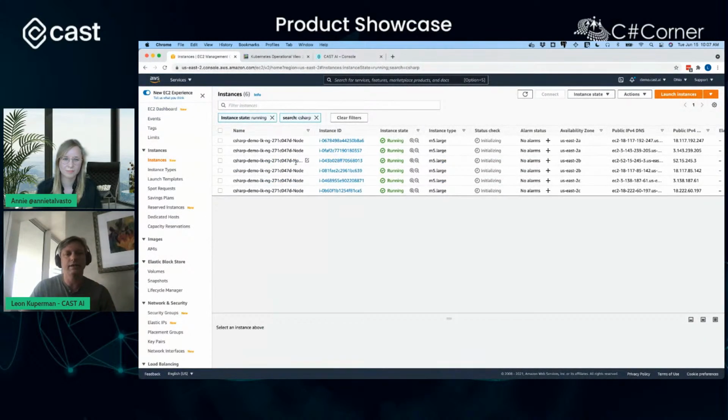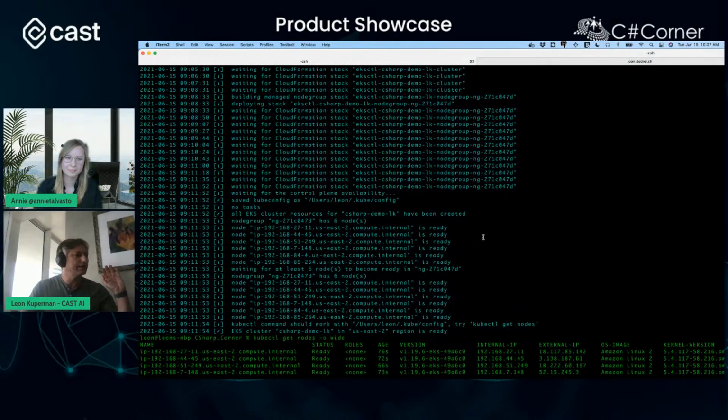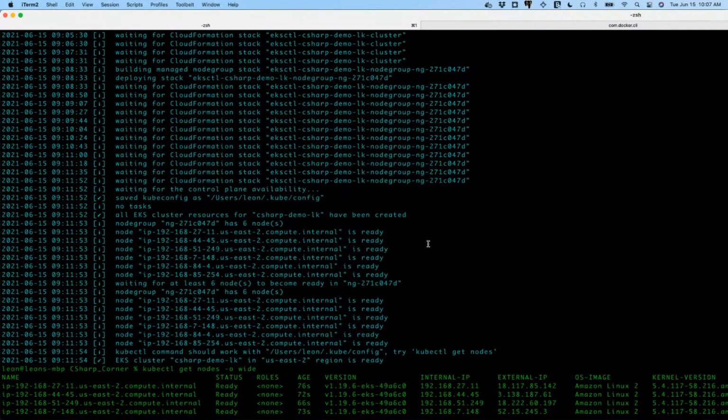I've created an EKS cluster using AWS's eksctl tool. If I bring up my console here, hopefully you can see this. This is the completion of the eksctl run. I used the command to create a very vanilla default cluster with 6 nodes, because I want some availability and some capacity. Now we're ready to use this cluster to deploy an application.